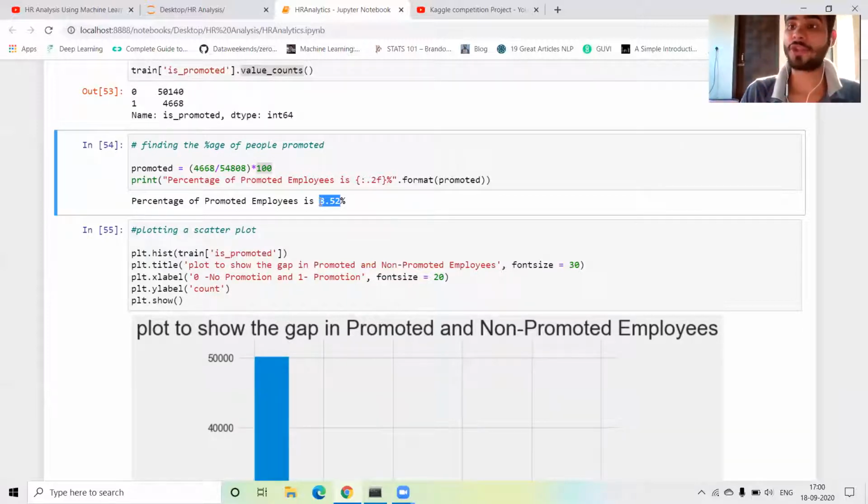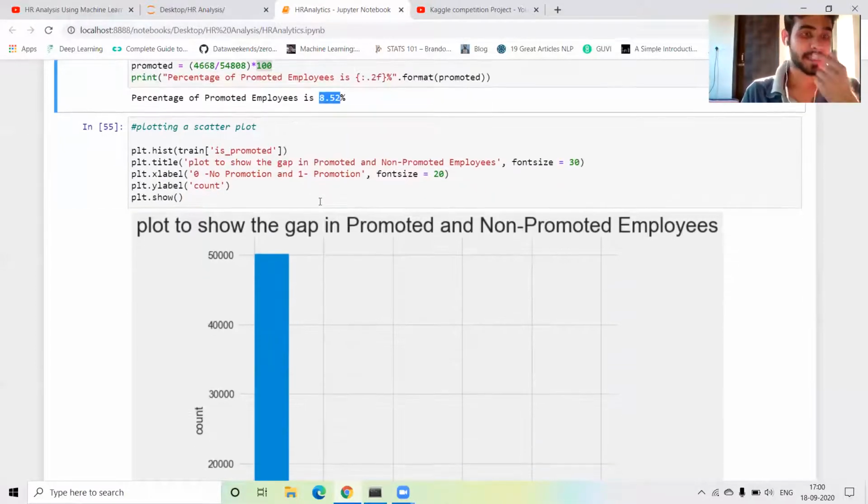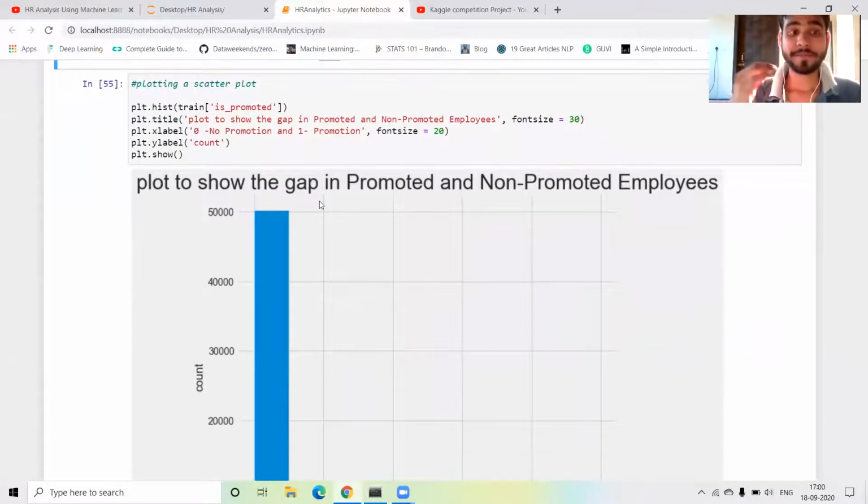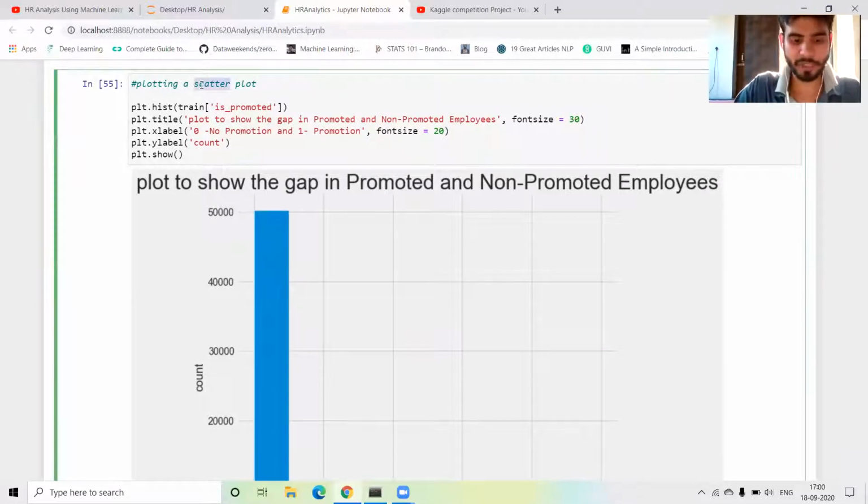Okay, else not promoted. Next I just plot a histplot. This is our histplot, and in the histplot I just write train is promoted. This is our is_promoted column name. Okay, next I write a title of the chart.